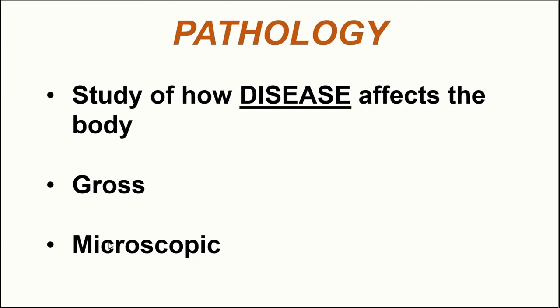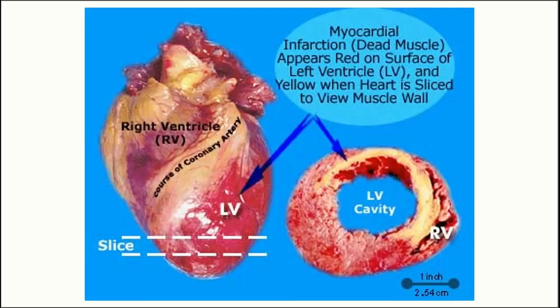Just like with our other fields, we can look at pathology through the lens of gross or macroscopic pathology or microscopic pathology. Microscopic pathology is how disease affects tissues and cells, whereas gross pathology would be looking at how disease affects whole organs and whole organ systems. To give you an example of this before we conclude this section,